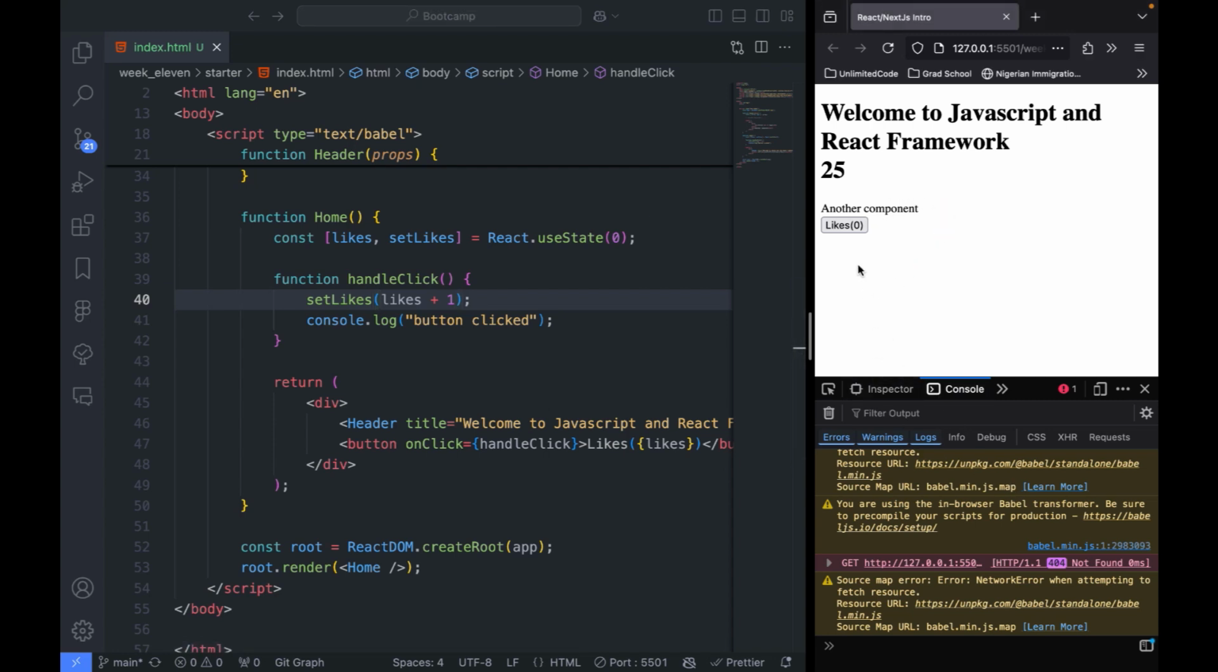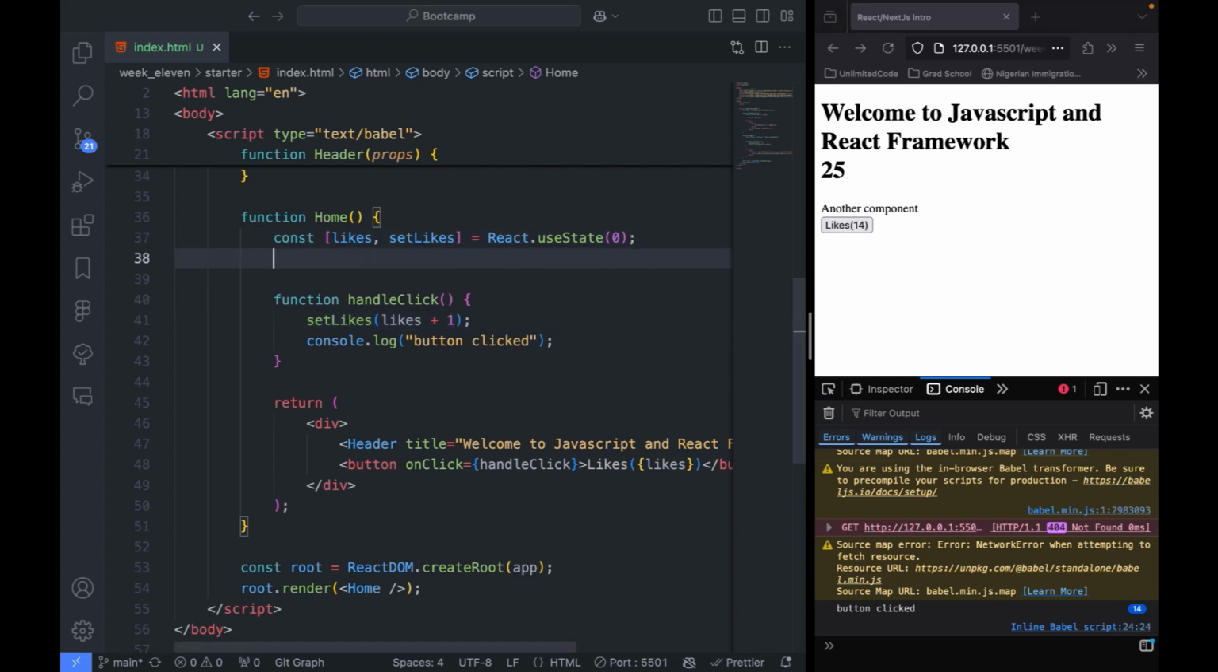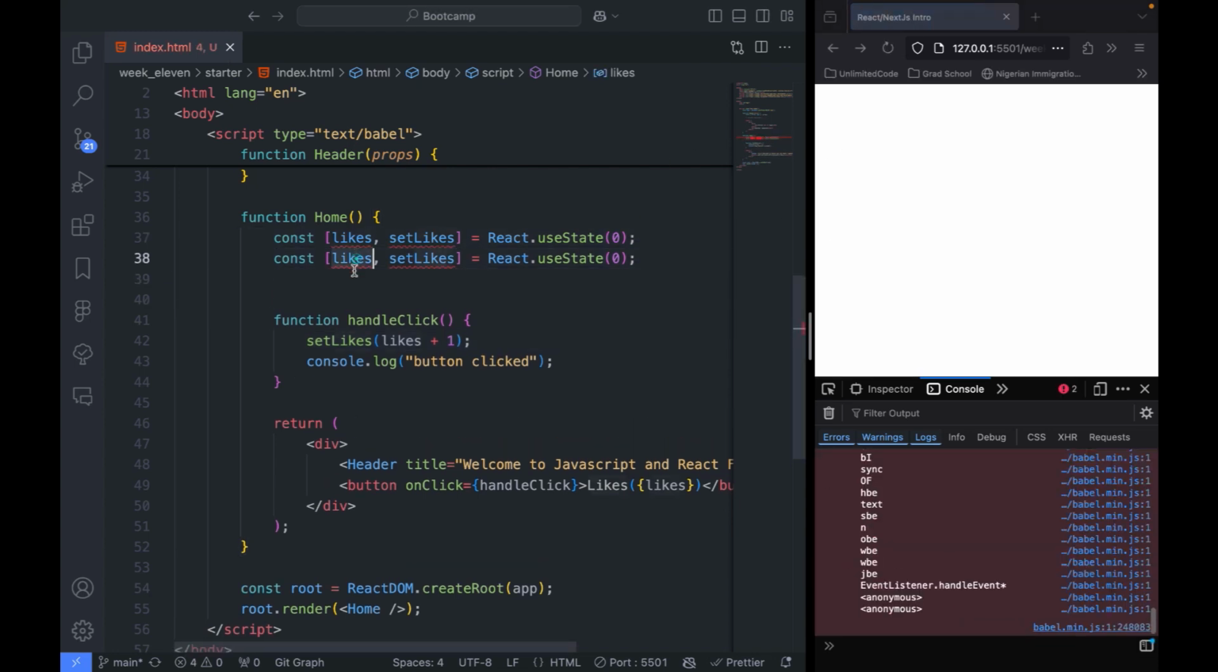Do we get a likes 1, likes 2, likes 3? Let's see. Click. Can you see like 1? Click, likes 2. Click, click, click, to infinity. So that's the basic. This is like a basic example of state. In this case, we're using numbers. You might want to use something. Let's say, let's copy this and duplicate. Let's say,